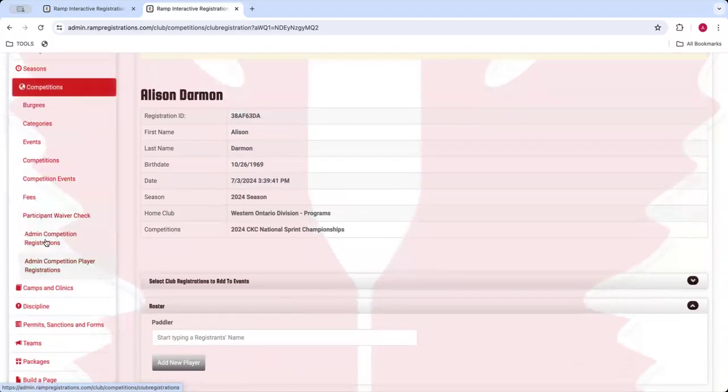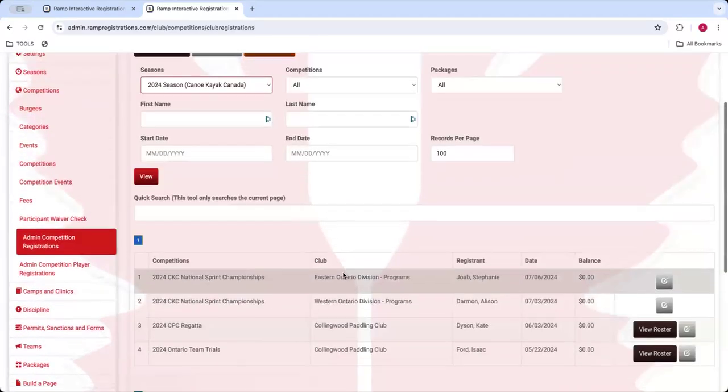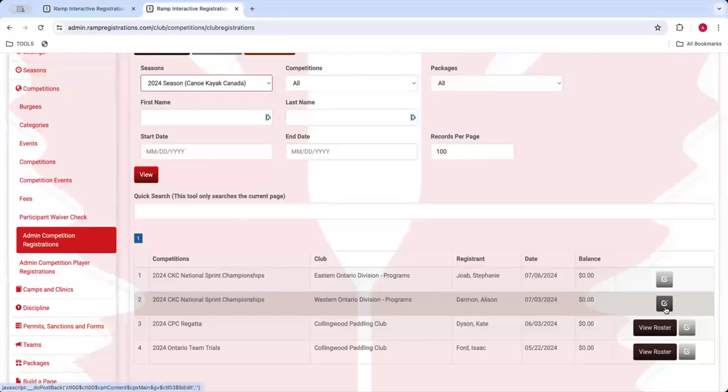So again, it's competitions, admin competition registrations, edit next to your divisional registration. And if you're in Ontario, make sure that you're on the right divisional entry. And then the process after that for adding athletes and putting them in races is exactly the same as it is for any other